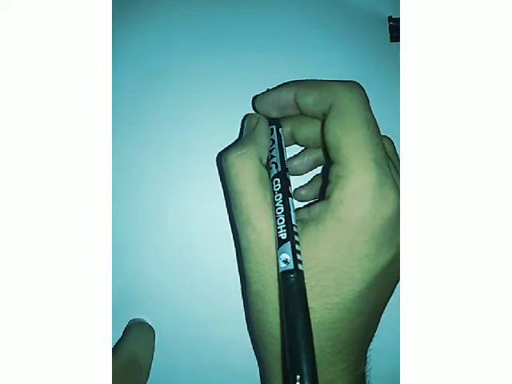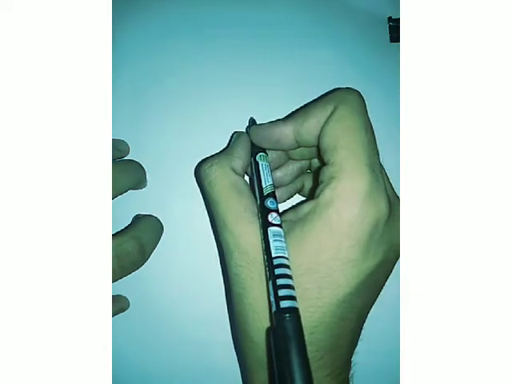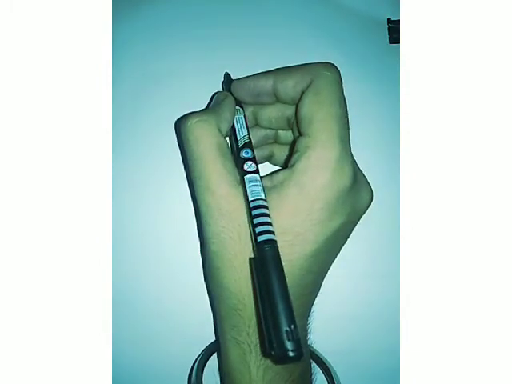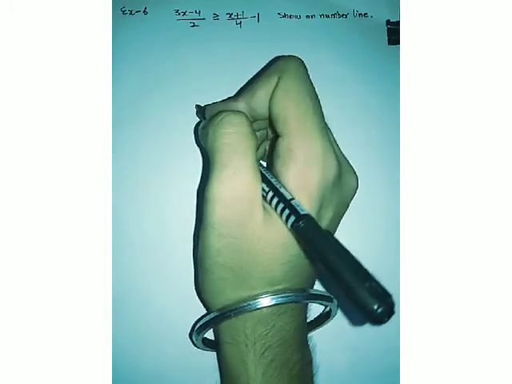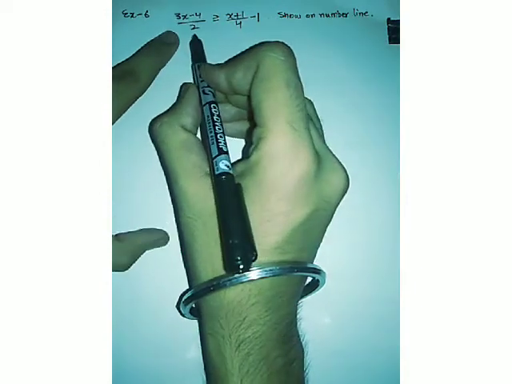So far we have discussed 5 examples of exercise 6.1 of the chapter Linear Inequalities of NCERT Mathematics 11th class. Now we should move to the next examples, and only 3 are left. With these 3 examples we will be completing our exercise 6.1. So let's start with the 6th example. This is the statement of our 6th example.